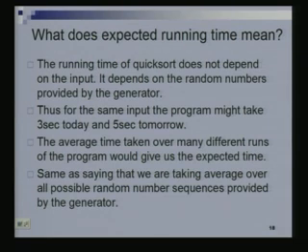So this is something I've already said, but let's just recap. What we have done today is that the running time of quicksort depends upon the numbers that are getting generated. If the same random numbers were generated, then the running time would be the same for a given input.